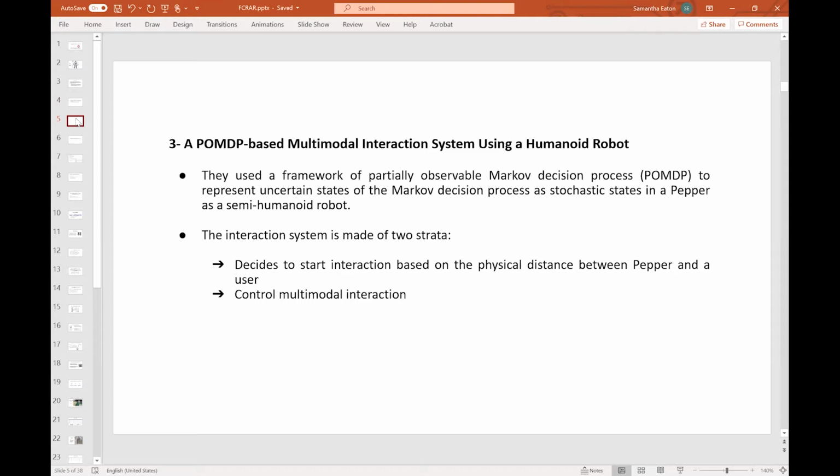A POMDP-based multimodal interaction system using a humanoid robot is the third paper we consider. They suggested a multimodal interaction system between human and robot by an expanded framework of POMDP to represent the uncertain state of the Markov decision process as a stochastic state in another humanoid robot named Pepper. The interaction system consists of two layers. Firstly, the decision to start interaction based on the physical distance between Pepper and the user, and secondly,